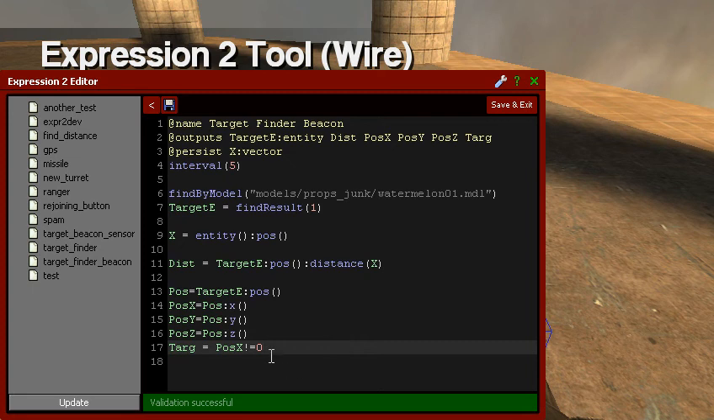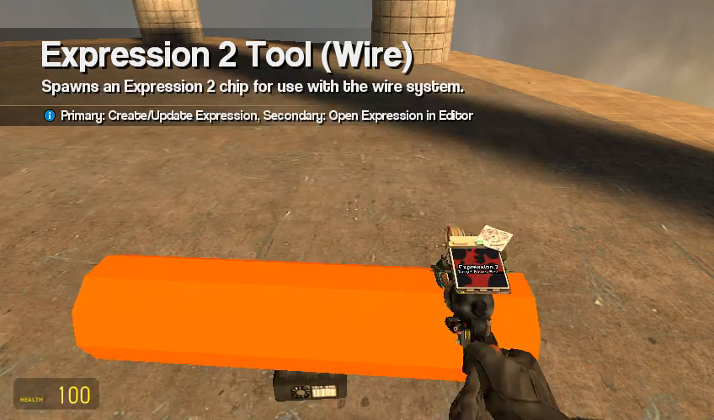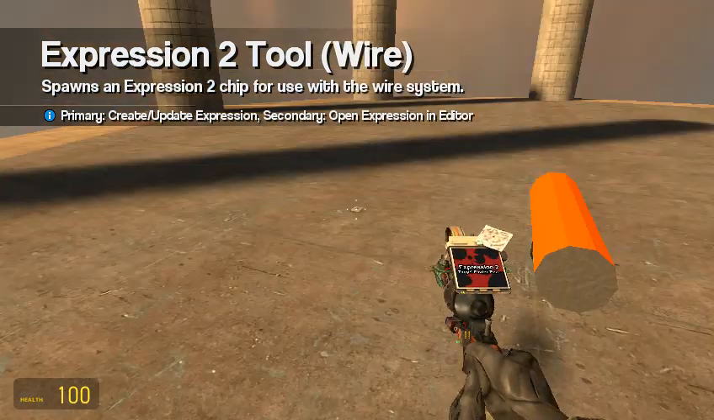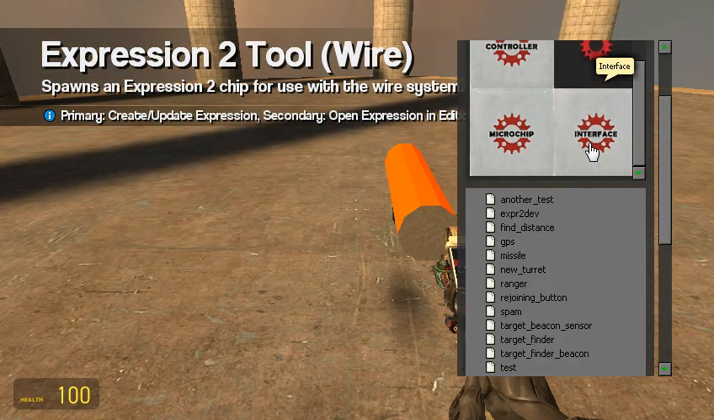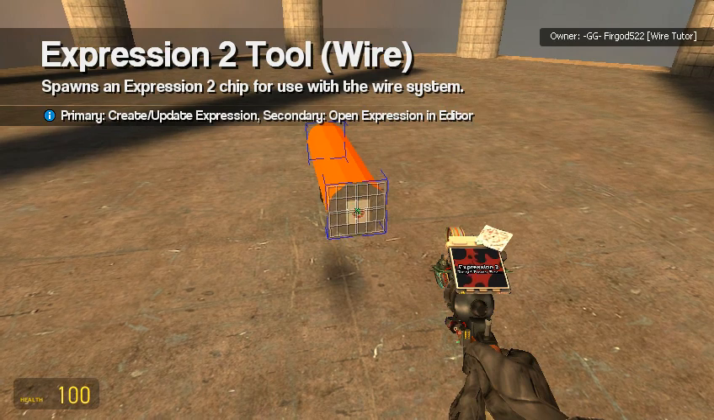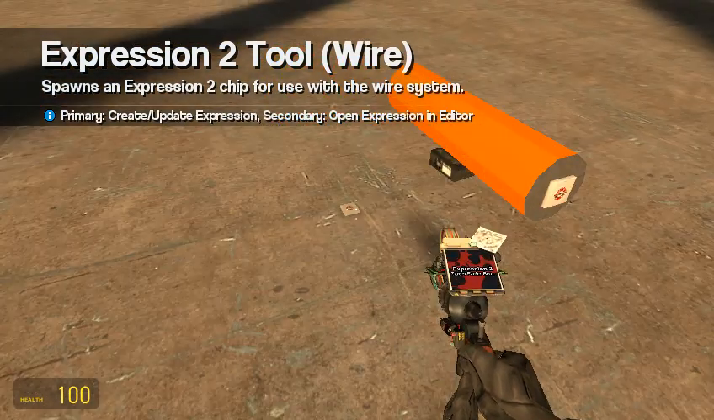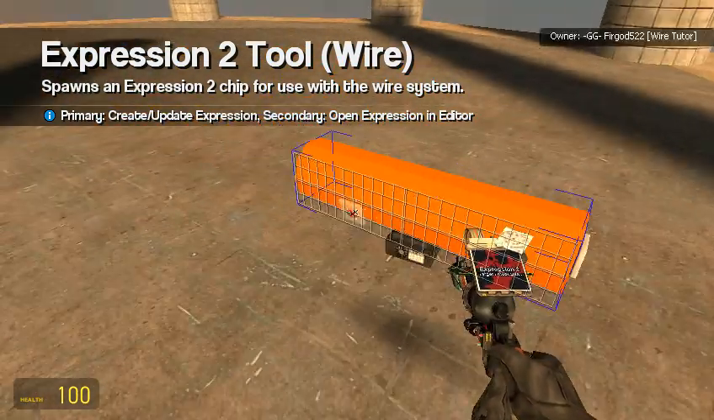Okay, now we have our target finder beacon done. Now I'm going to put that right in the front. I'm going to use an interface because I feel like making an interface button on the front. Get it face, front, yeah. Okay,